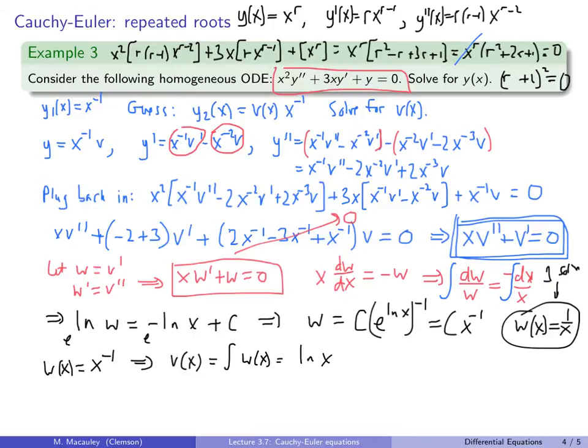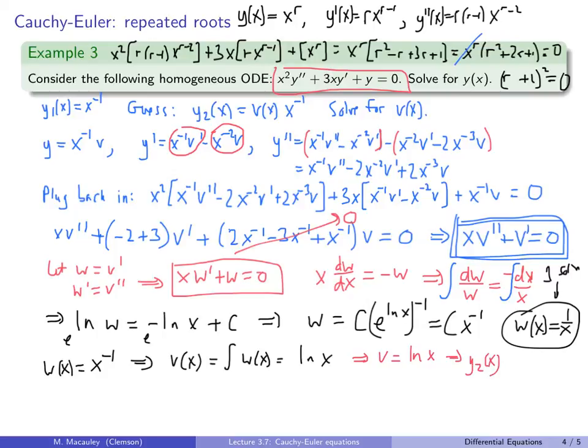Technically, v would be c1 natural log of x plus c2, because we should keep this c, but again, we only need one solution. And here's our solution. So v equals the natural log of x,